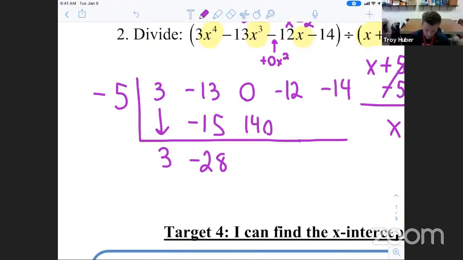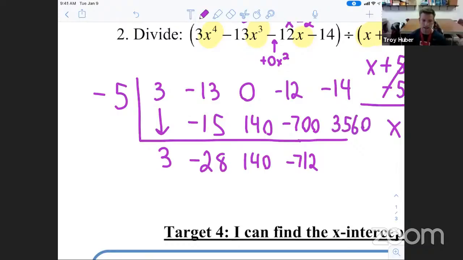Then we add 140 plus 0 is just 140. 140 times negative 5 should give us negative 700. Negative 700 plus negative 12 is negative 712. Negative 712 times negative 5. Wow, we're getting some big numbers here. But that should be positive